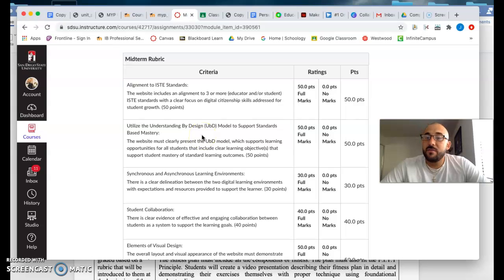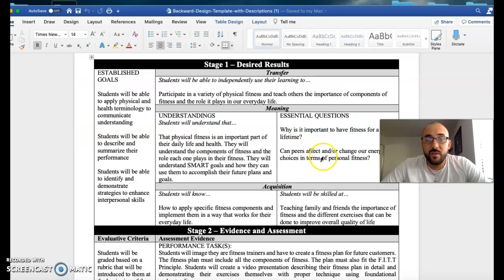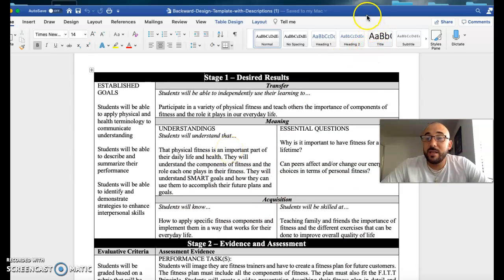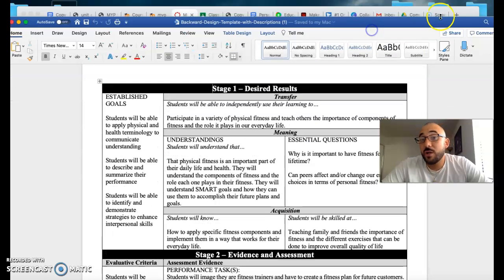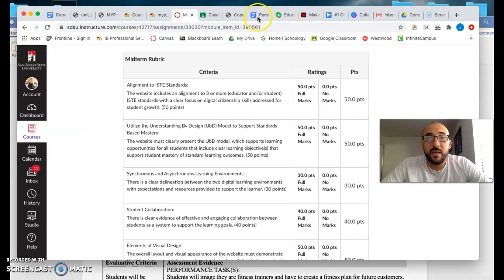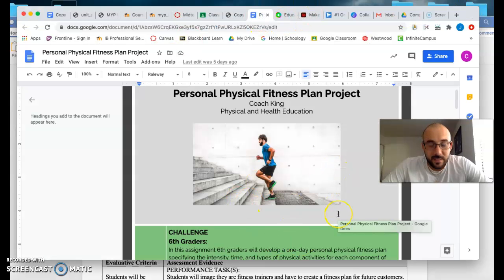I definitely love this, because here's one of the assignments we created for that class. After I created this, which was amazing, and I thank you for this, I went in and created the project. Let me give you a visual of what that UbD design looks like. My students had to imagine that they were a fitness trainer, and they had to create a